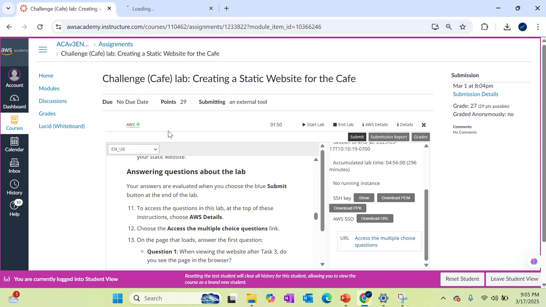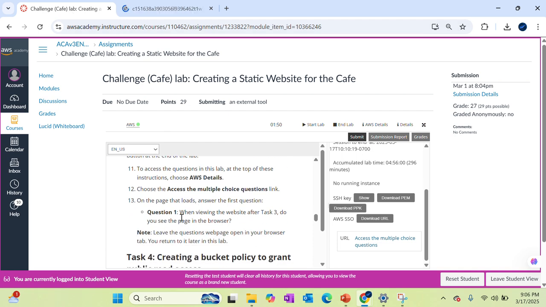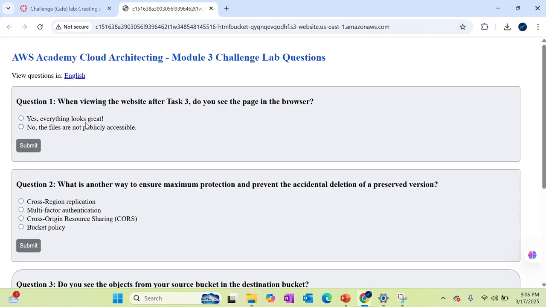So multiple answer. Let's see. Question number 1: when viewing the website after task 3, do you see the page in the browser? No, the files are not publicly accessible. Okay,